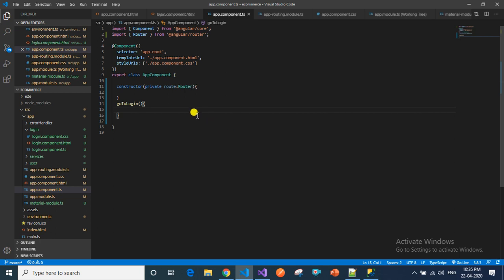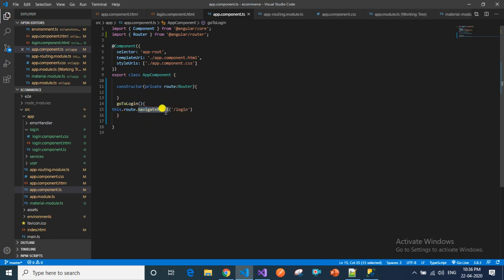Now we will use this router. So we are navigating to another component by using a URL.